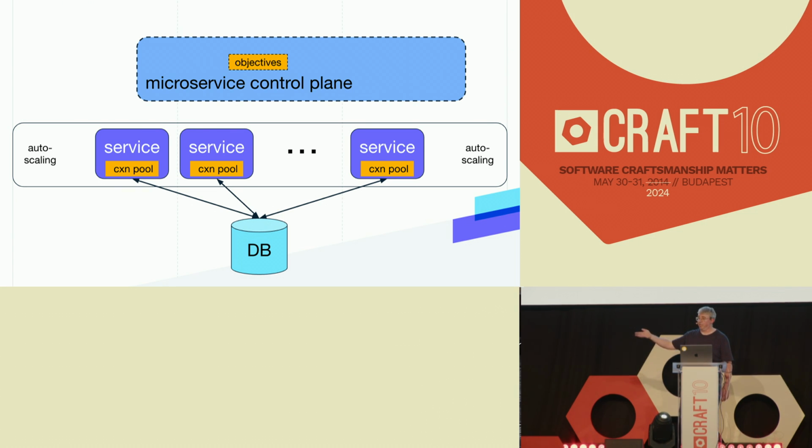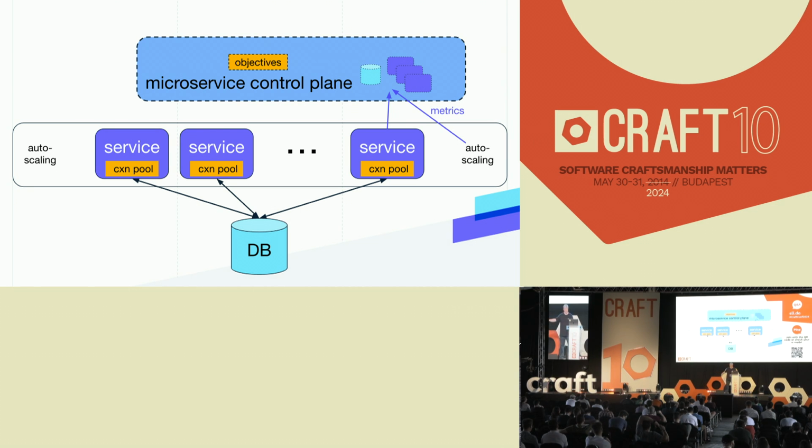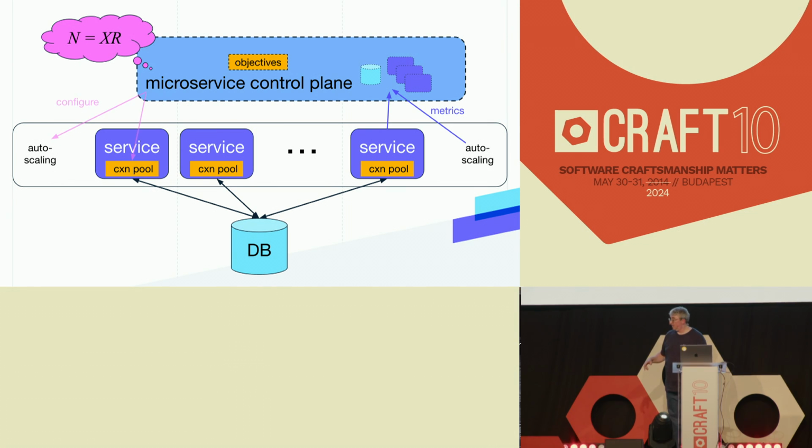I need to tell the control plane, what are you trying to do? It's going to need to have a model of the system, right? It's probably going to need to know some concept of what's going on with the dependencies, how many service instances do I have, things of that sort. It can subscribe to the same metrics that we were already using, right? That's okay. It'll probably have a model. Maybe it has this Little's Law model in it, right, to figure out what we want to do here. And then it can actually do the configuration, right? It can change the auto-scaling parameters. It could change the size of the connection pools and things of that sort.